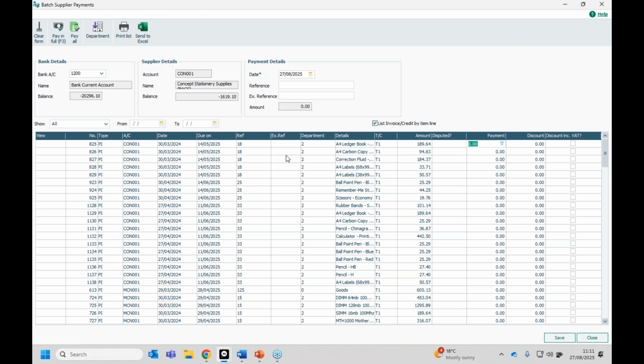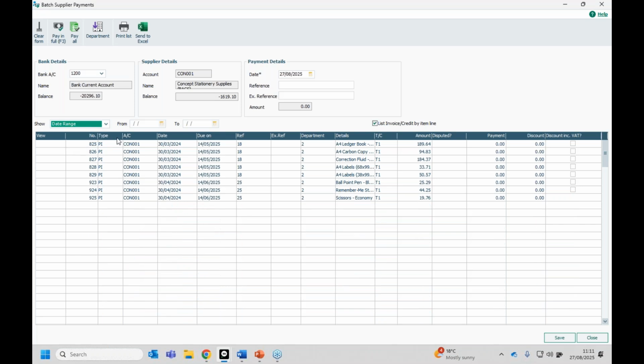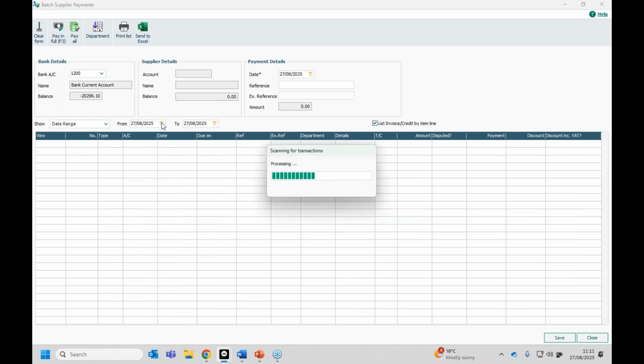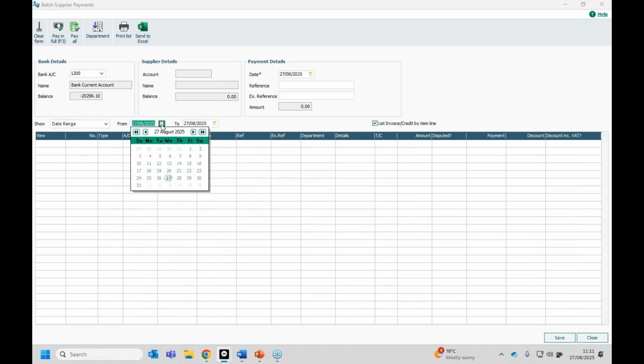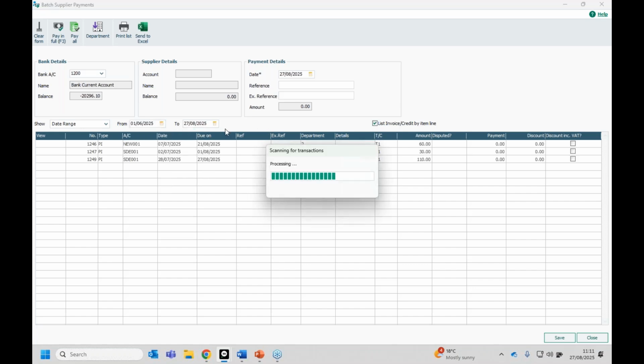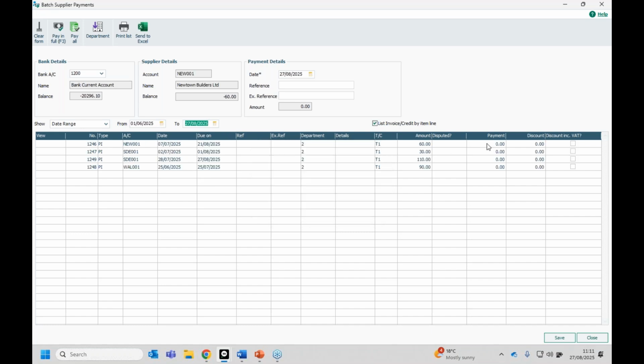so in this window again, we'll just pay off. What we'll do is we'll do by date range. We'll do the ones that I've just done recently. So I'll just set that date range. And what we'll do is we'll just pay this one in full. So pay in full, and we'll click save. So that's my 1246 payment, purchase invoice to this account here. If I click save,